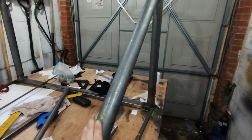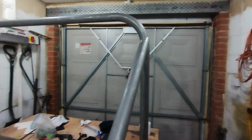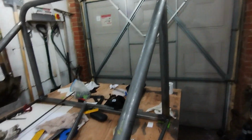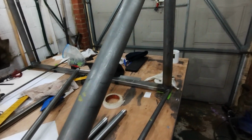These are all ready now, so I think I probably said at the end of yesterday, I'm going to tack weld in whichever one is lower. Then I'm going to make sure the other side is exactly the same, tack weld it in, then check they're the same. And these can remain tack welded in for some time. But first things first,